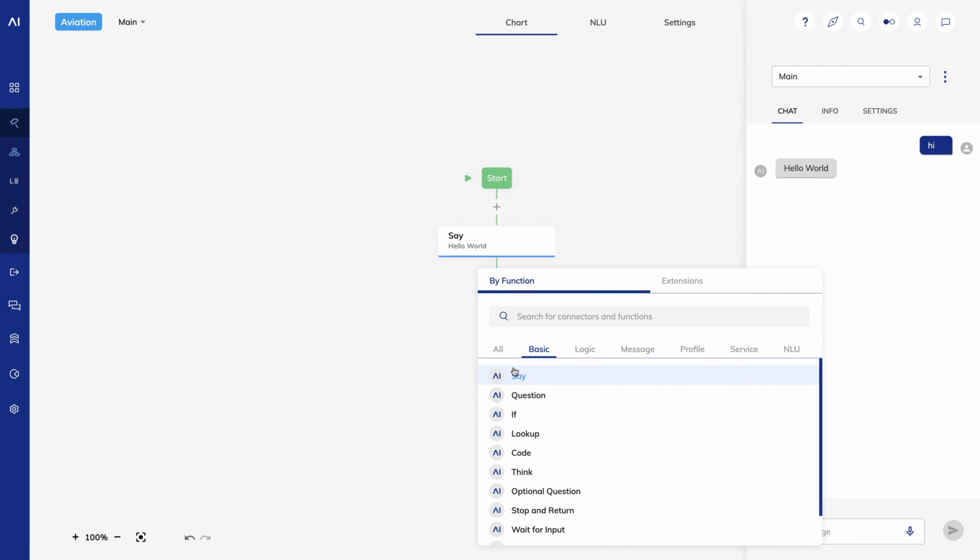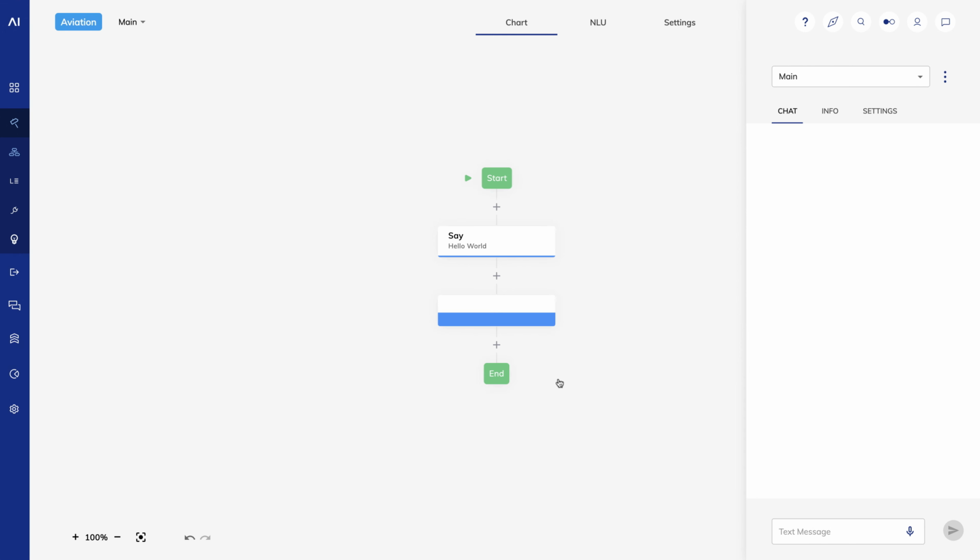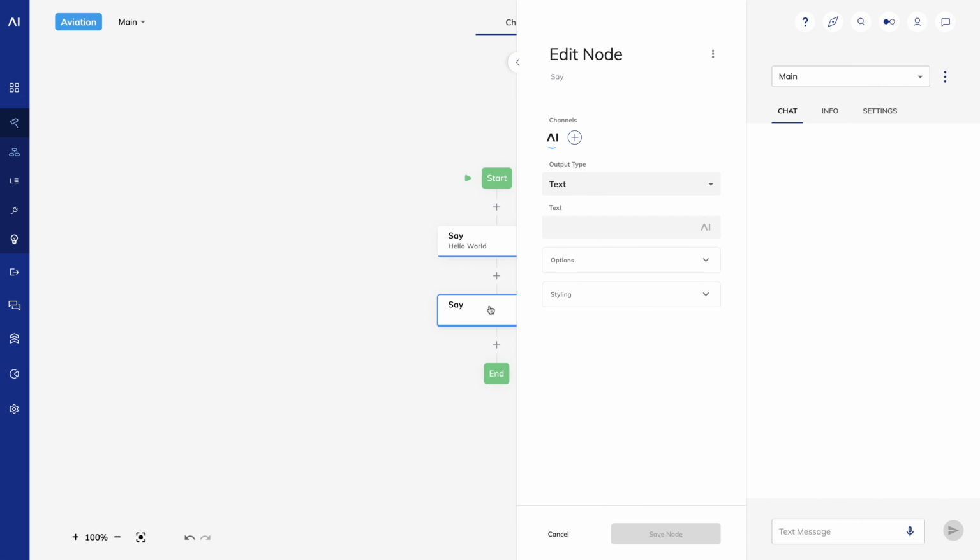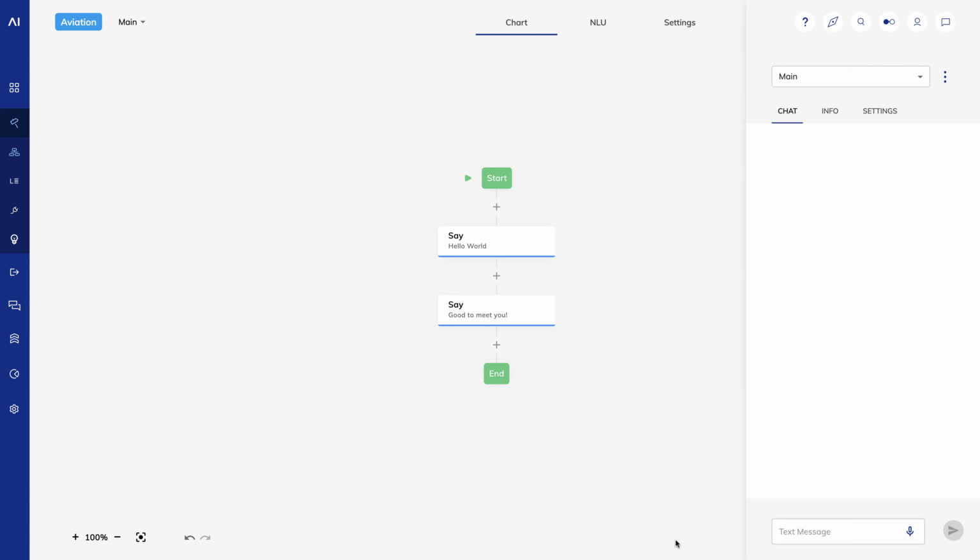Now I'll add another Say node beneath the first one. I'll make this one say, Good to meet you. If I test it out in my interaction panel now, it will execute the Say nodes one at a time.